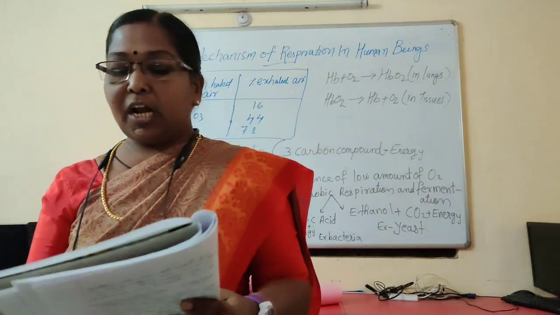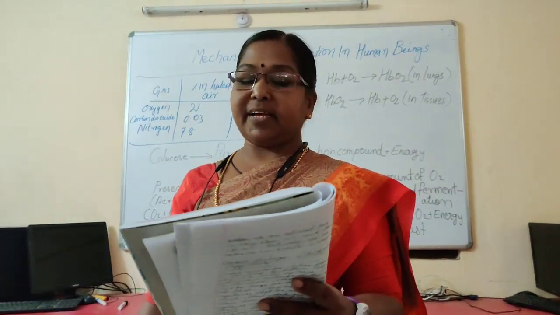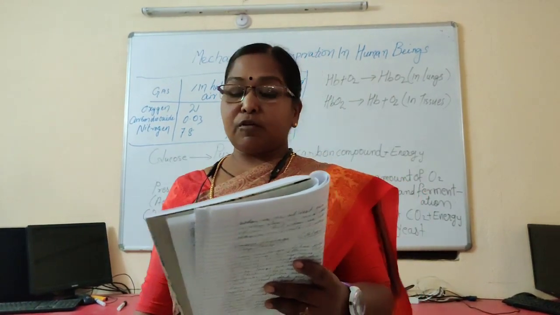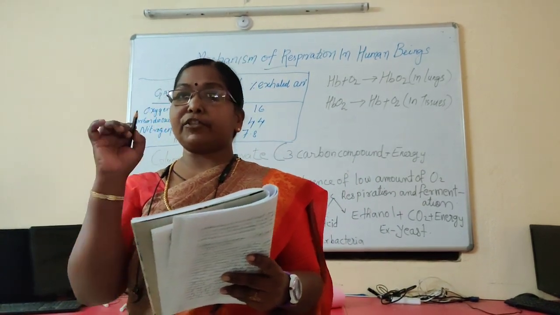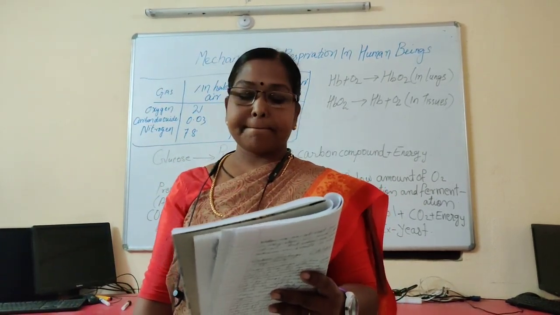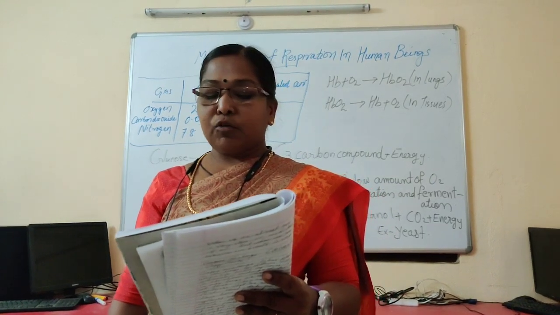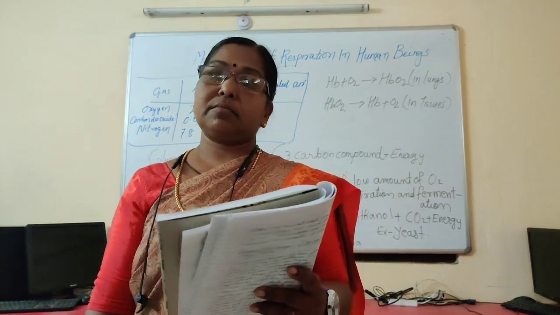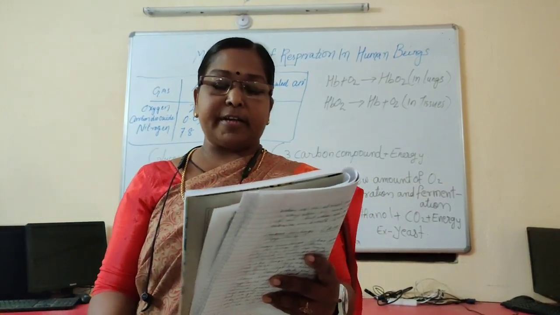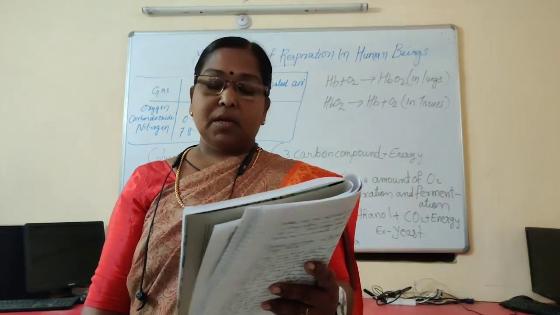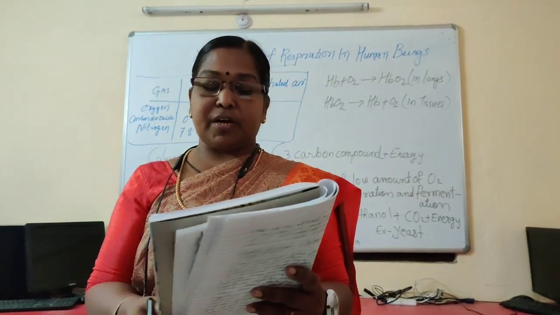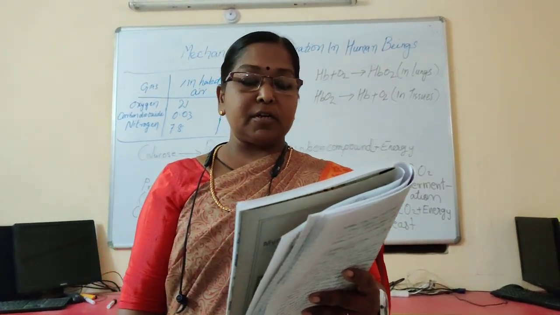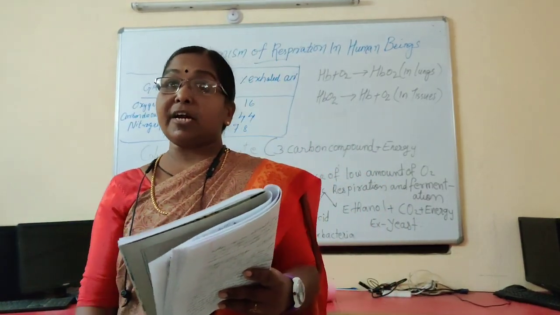Do you know the total lung capacity of a human being is nearly 5,800 ml. The lung capacity of a human being is 5,800 ml. Normally at rest we inhale or exhale approximately only 500 ml. When we are taking rest, we take only 500 ml of air, and after every exhalation, 1200 ml of air remains in our lungs.